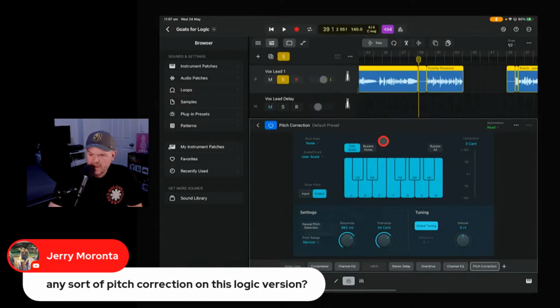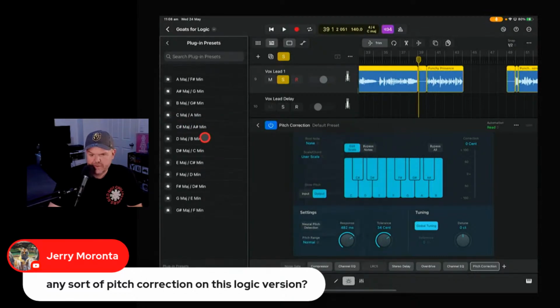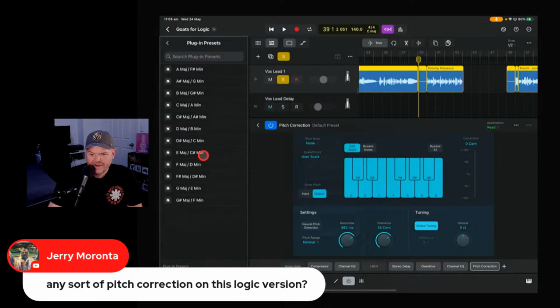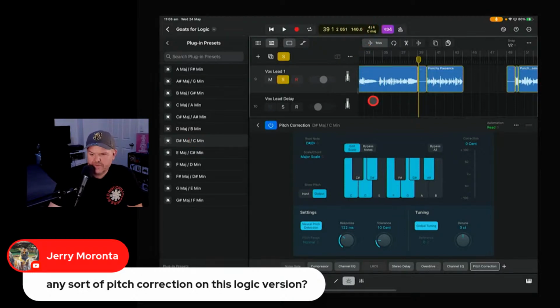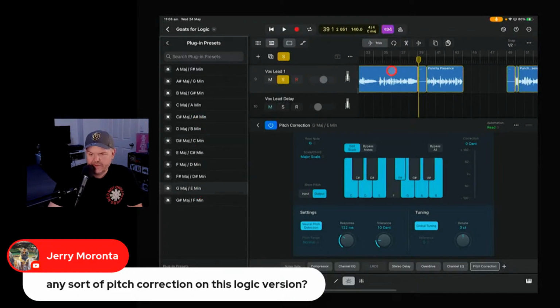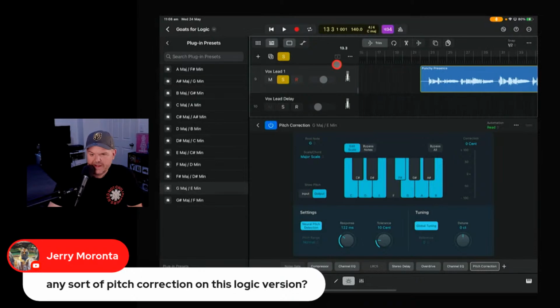So yes, I haven't experimented with that much. What presets do we have in there? Do we have like a T-Pain preset? I don't know. All our presets are just whatever key you're in, which is pretty cool because what key is this? It's not in C major, is it? I don't think so. If I know me, it would be in like E or G or something. Let's go G major. Is it G major? But this will adjust it so it'll only play notes that are in that scale.